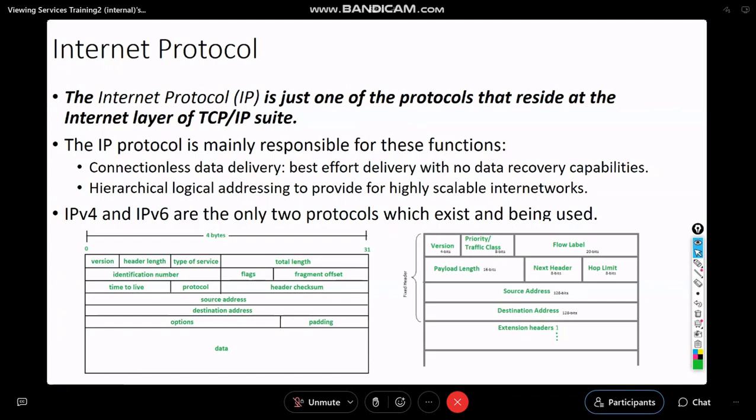Now, the job of the IP protocol, or Internet Protocol, is data delivery, and a best effort is made at delivering the packets. Till now, I have been speaking about frames. From here, moving ahead, I'll be talking about packets. Apart from that, it also gives you hierarchical logical addressing, in terms of IPv4 or IPv6, to